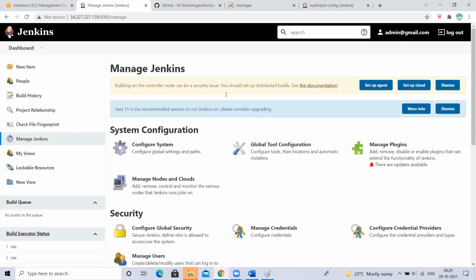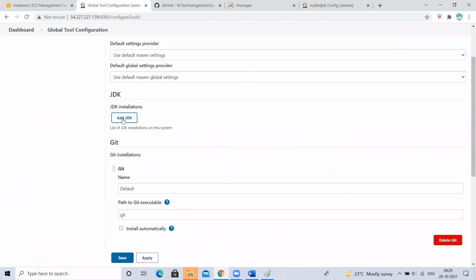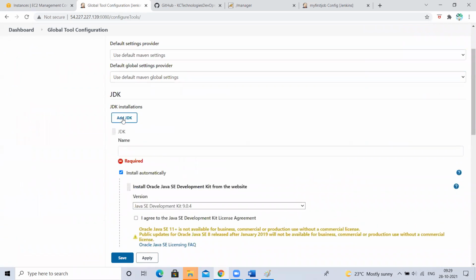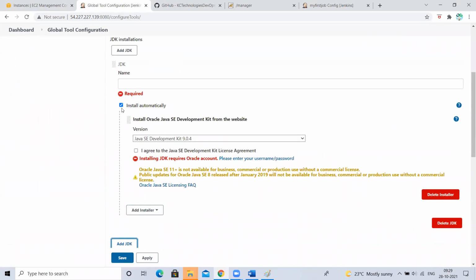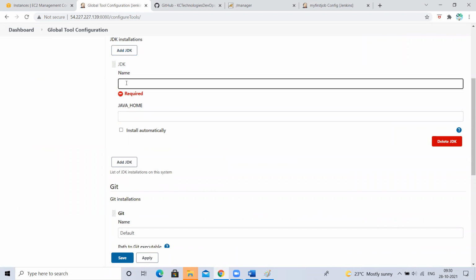Okay. Understood, guys? How to configure multiple Mavens and use each version of Maven for each project? The same thing applies for Java also. I have two jobs. I want to build one project with one version of Java, the other with another version of Java. Same, I'll download two Javas. 1.8, I'll give it like this.